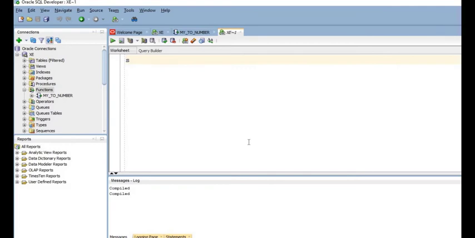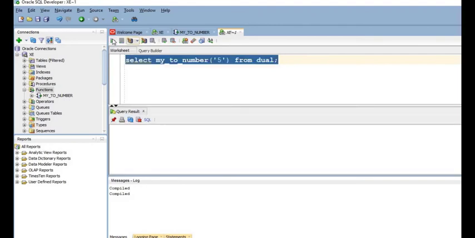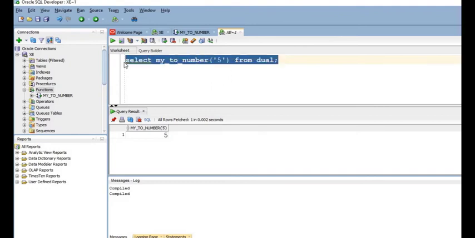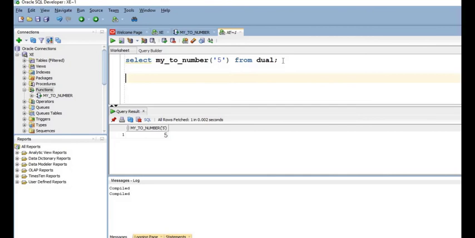Now I'm going to come over here on a separate tab, and we're just going to use it here. So I'm going to select my toNumber. I'm going to first use a number from dual. I'm going to select this, and I get a return of 5, which I expect. And we use the same statement with the other toNumber. I should get the same result,